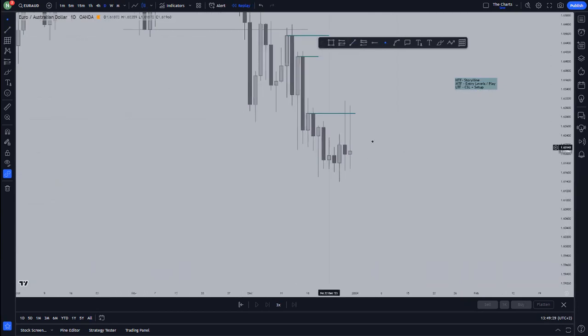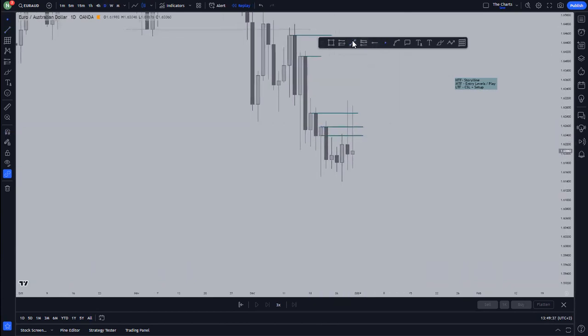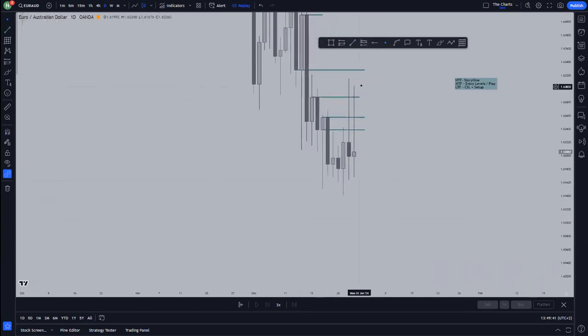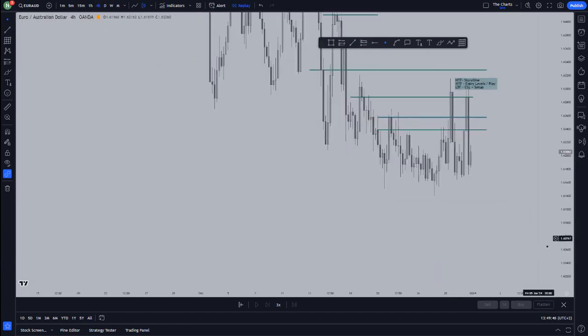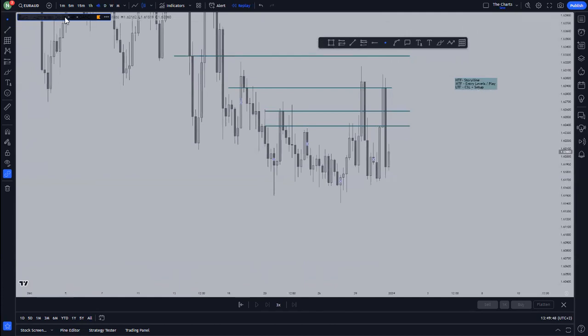But which one are you going to be choosing? That's when we get to what? So for example, this one right here was a good entry level too, and this one is a good entry level too. But you can see that you have many areas where you can take your sells. But now go to your what? Internal structure. Just do like this.